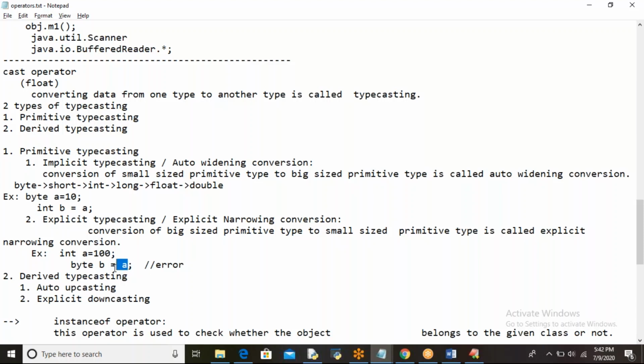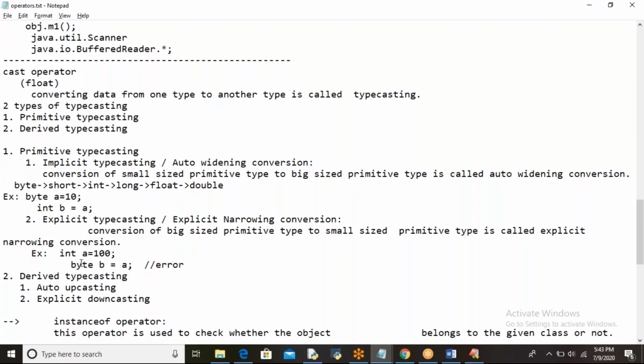If you try to store the a variable value into the byte variable b, then you will get what? Error, because this is an integer variable, which occupies 4 bytes of memory. You can't store it into 1 byte of data.